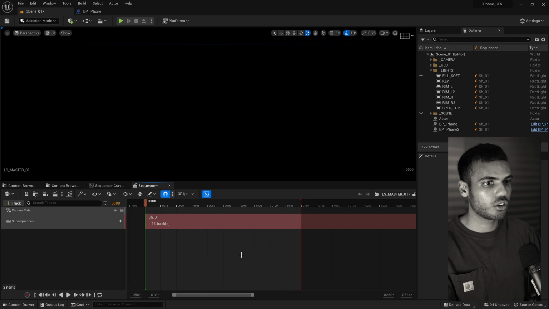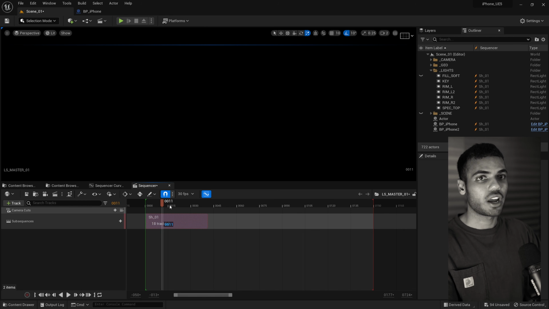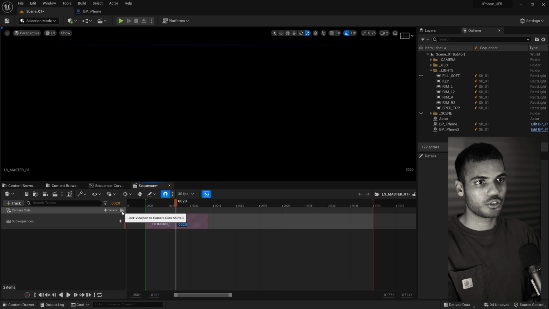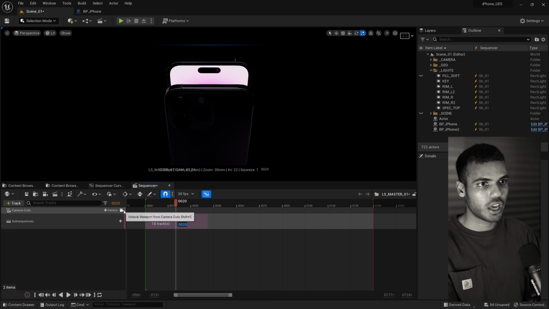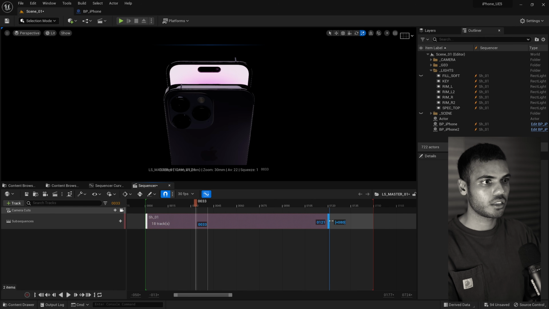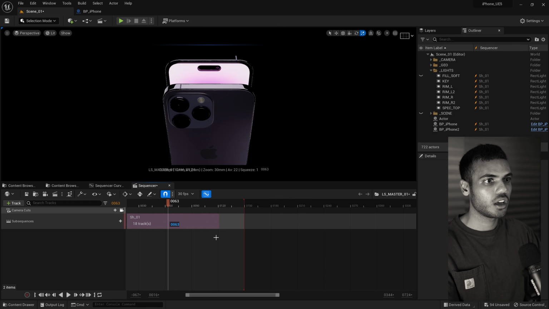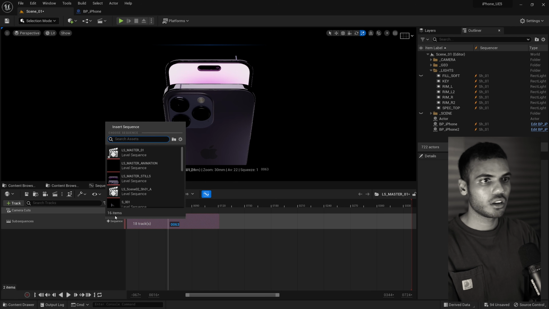I'm just using control and scroll to give me more frames. You can also type them in here, the view, the working range end and the view range end. Right now you won't see anything, but if I go to the camera cut track and pilot it, or Shift C, now you can see that I've got my track in here. So maybe I'm happy with this length. I'm going to zoom out. Let me add another one.